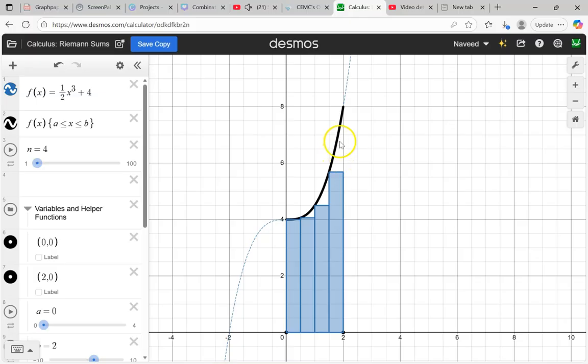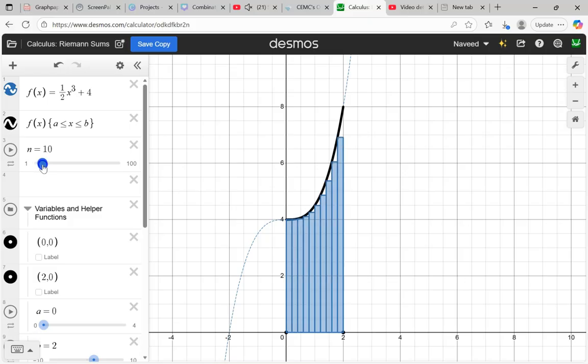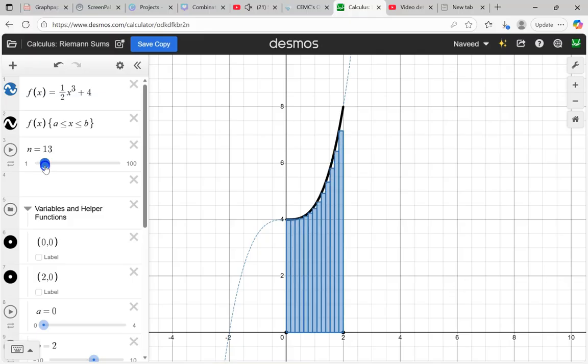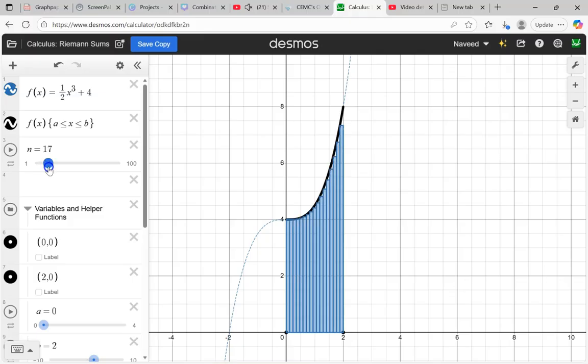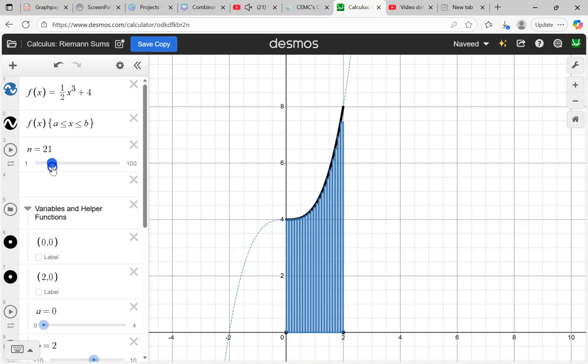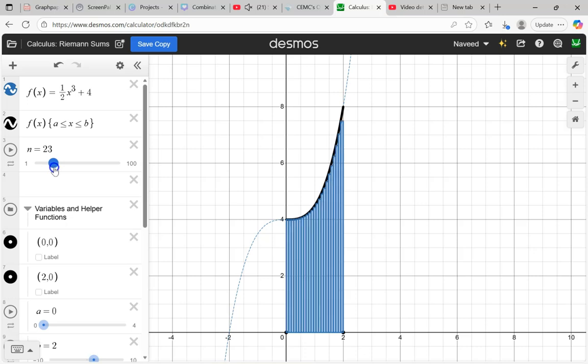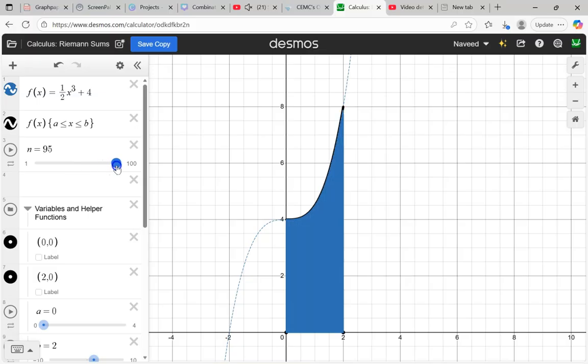Obviously, we are missing this area for the calculation of the total area, and so is this area, and so is that. But if I increase the number n, that means the number of subintervals that creates the number of rectangles, look what happens. The area under the curve is becoming more covered as n approaches a huge number. Now I maxed out here at 100, and you would see that this entire area is now colored blue,